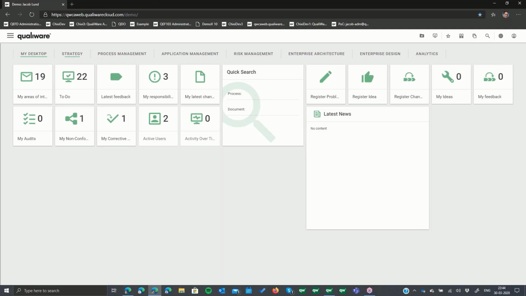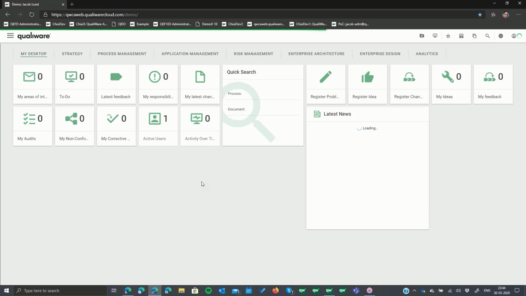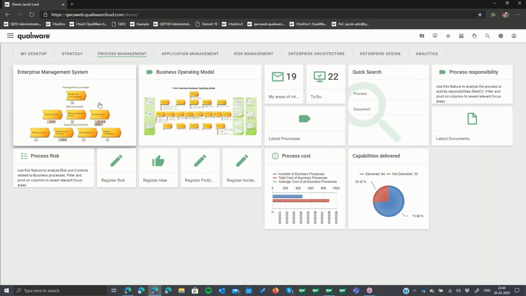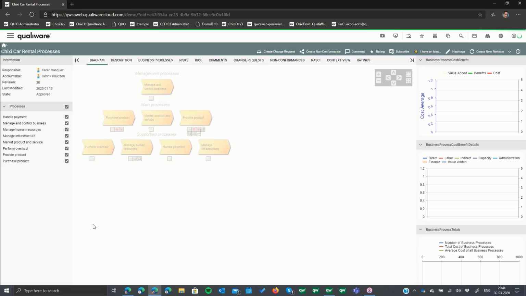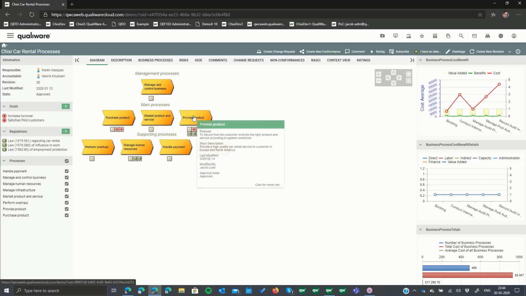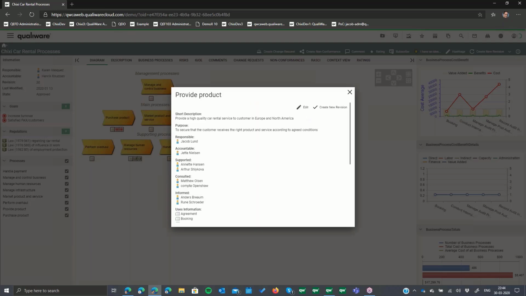So for that purpose, I'm gonna jump into our web front end here. And I'm gonna start with looking at a process model in here. So if I pick any process model, you'll see that any process or activity will have a field on them. If you open the dialog, either on the web or inside QLM, there will be an attribute in here called